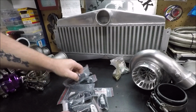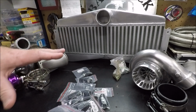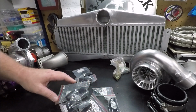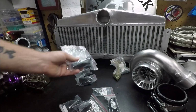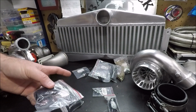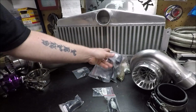Like I said, I'm really impressed, not just with the quality of their parts, but their huge variety. I mean, pretty much any weird type of fitting you could ask for, they have, guys. So here's what I got from them. I got 2 45-degree -10 fittings. Those will come off the bottom of the turbo and curve back towards the engine. And then I got 2 straights. Those are going to go